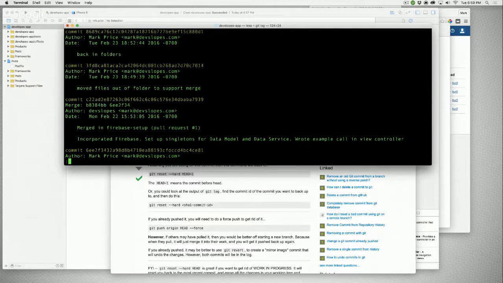You know what? Merge in Firebase, move files out of folder. Let's just go back to, let's make develop pure again. I want to make develop pure, which was this guy right here. Or wait, the commits on the top. This one right here, 1, 2, 3, 4, 5, 6, 7. All right, this is what we're going to do. We're going to git reset --hard, and let's